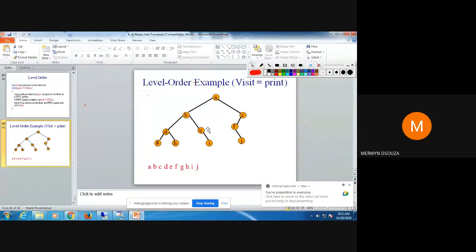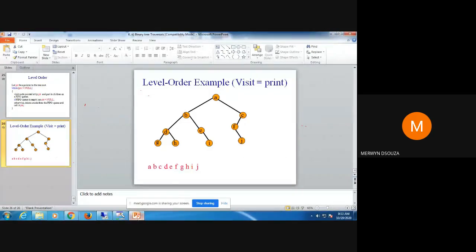Normally when we write a binary tree program, we will do only the first three traversals. We won't implement level order. You can check programs in most textbooks or online, anywhere you can find programs on binary trees. Only the first three traversals will be implemented. The fourth one will not be done mostly.